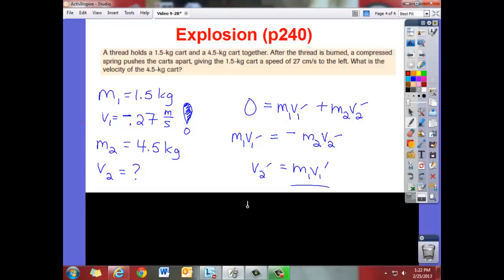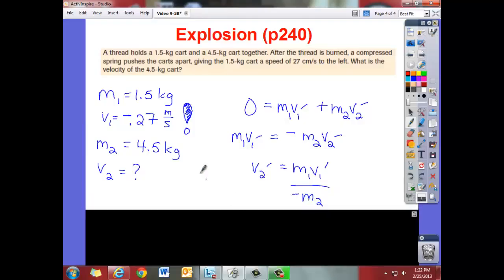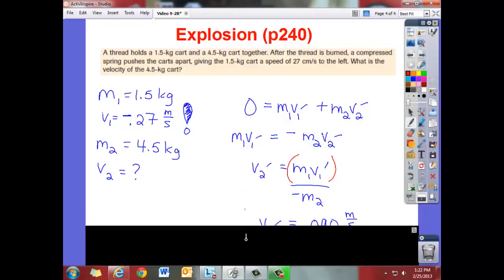Ultimately, I want to solve that for V2 prime because it's asking me for the second cart. So I simply divide by a negative M2. You never want to solve for a negative unknown, so bring the negative with you when you're dividing out the M. Again, you should practice plugging this into your calculator. Again, if you're going to do this in one step, put that in parentheses and then divide by negative M2, and the answer that you should get